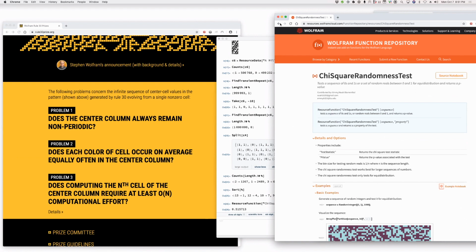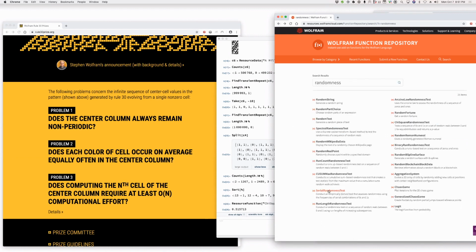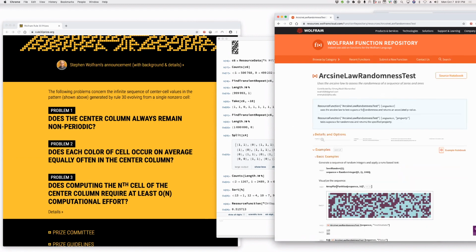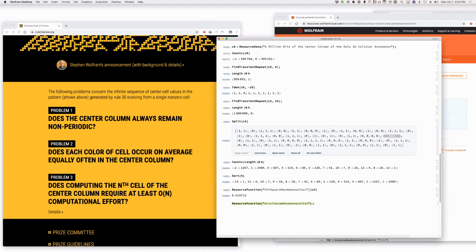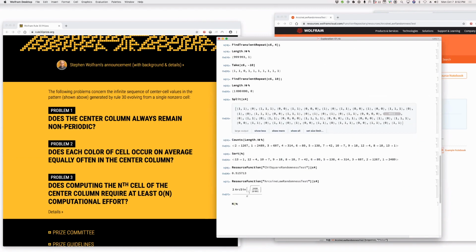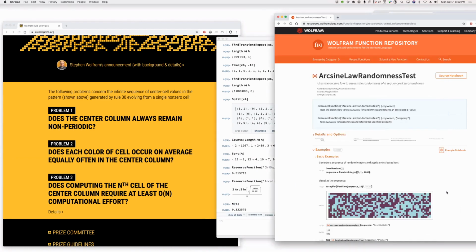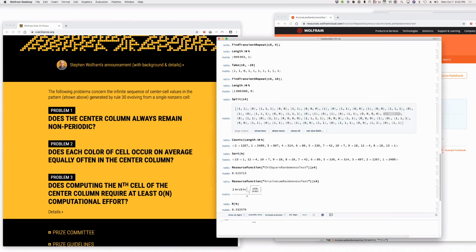So, for example, we could try here, we could say, let's do another one of these tests. Let's do one that might be interesting, an arcsine law randomness test. Okay, so same thing, we can just run this and ask for how it does there. Oh, wow. I don't actually know how to read that. Those are some examples of what happens when we run randomness